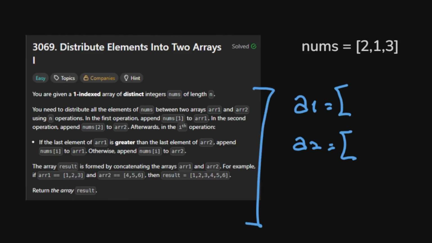So we can do exactly what it says here. We have two arrays, array 1 and array 2. The first element of nums goes to array 1, so here we put a 2. The second element goes to array 2, so here we put a 1. And from the third element, we are checking if the last element of array 1 is strictly larger than the last element of array 2. Here 2 is larger than 1, so we add a 3 here, and this is an array with 2 and